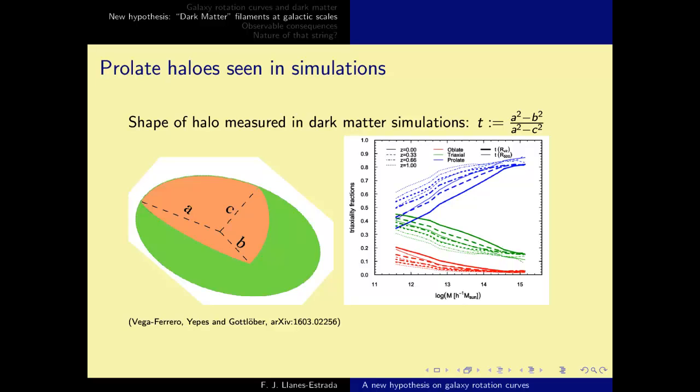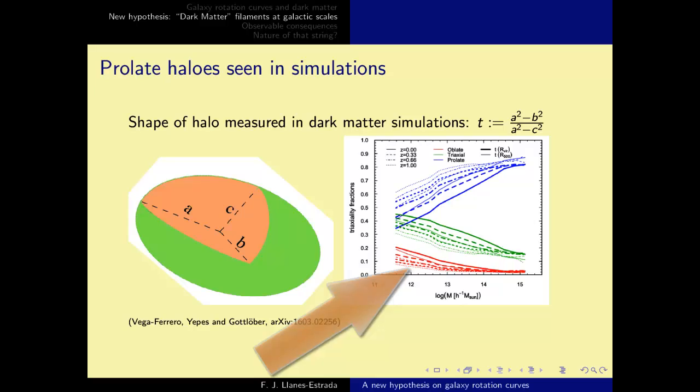Let me turn to dark matter simulations. Generally speaking, because the halos computed in these simulations arise from the mergers of more such halos, they are often prolate like a rugby ball. The right plot shows that for galaxies approximately our size, the dark matter halos are 60% of the time prolate and only 15% of the time oblate.